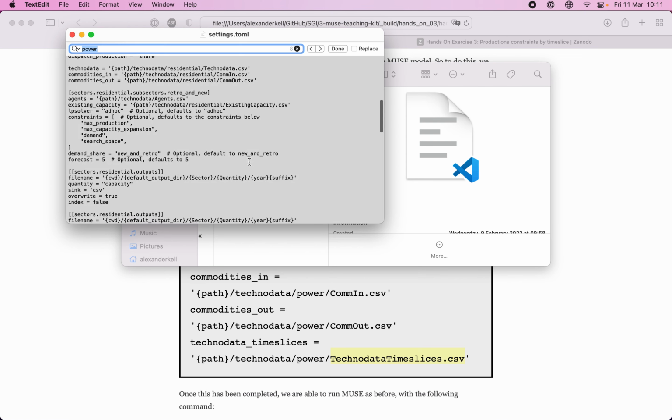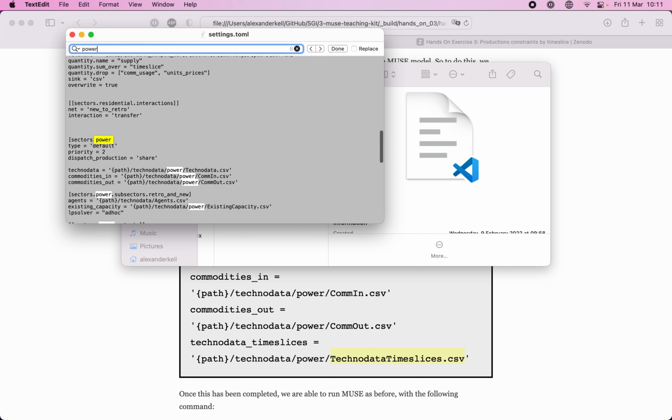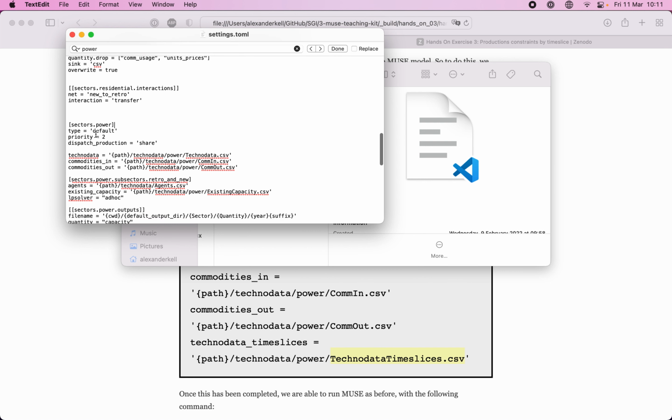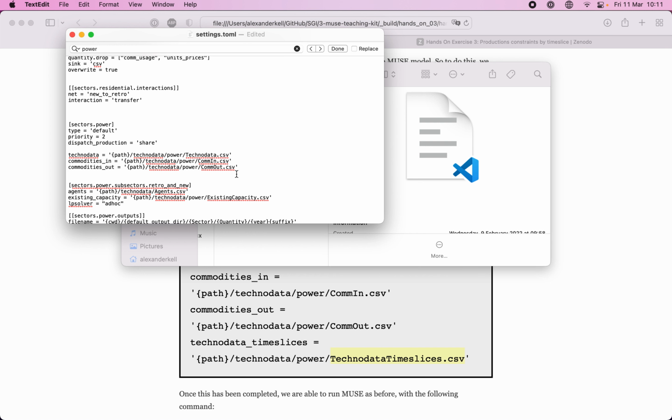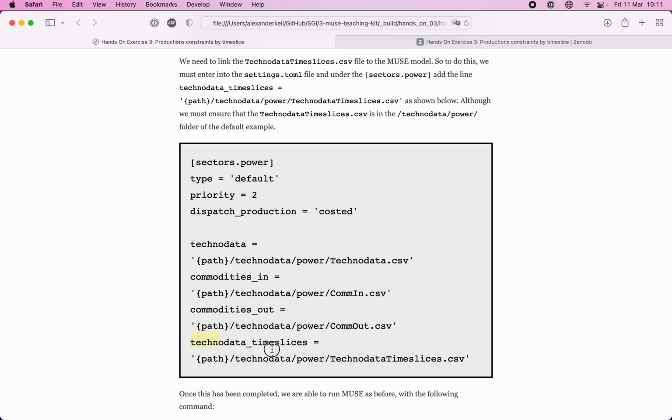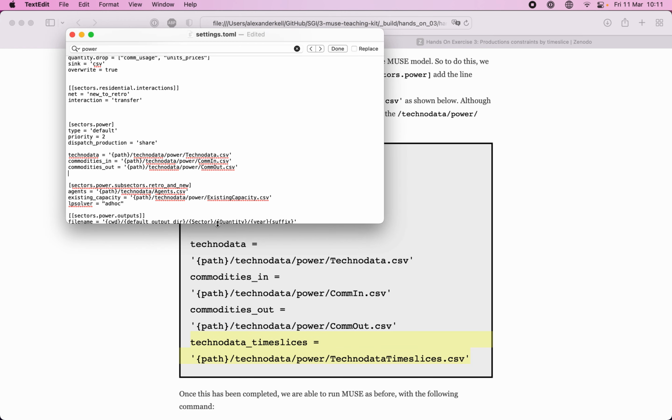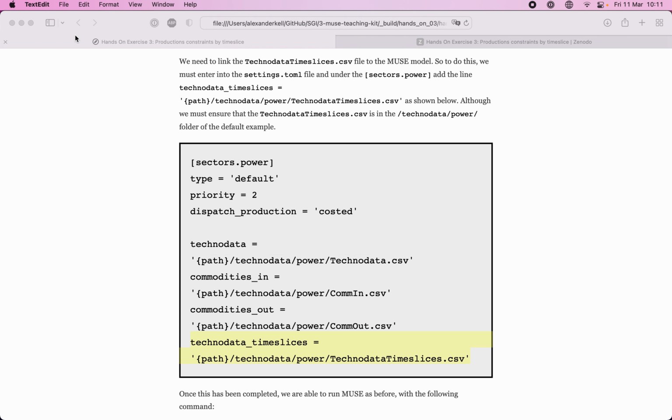We go down to the power sector, where we define power. So we define the type as default, priority as 2, the Technodata file, commodities in, commodities out. But we also want to specify Technodata time slices. So we just copy and paste this underneath the commodities out, or it could be anywhere, as long as it's underneath this heading. We save that, close this,